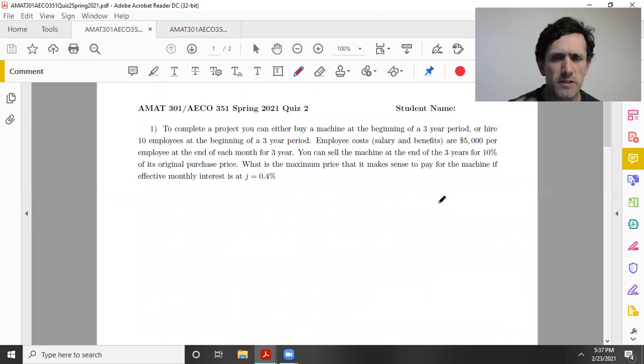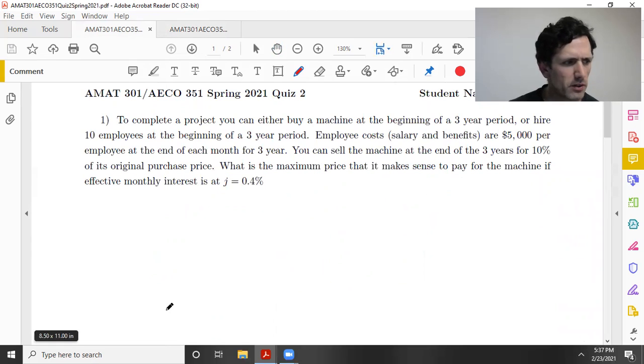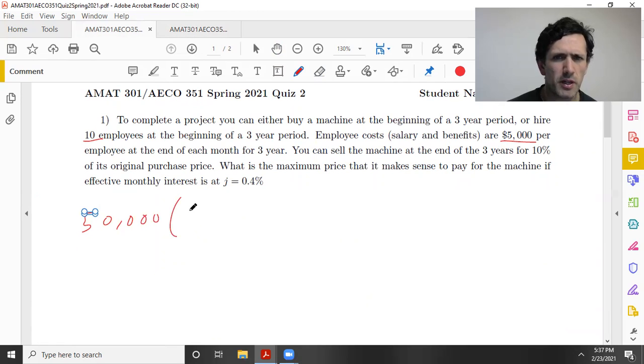So for the other version, basically the problem is the same. Numbers are a little different, so I'll just go through this more quickly. So here it would be 50,000, 10 times 5,000. So I'll do the employees first. Sorry, 10 times 5,000 is 50,000. Same thing, but instead it's 0.04, so it's 1.004 to the 35, 1.004 to 34. Not going to draw the timeline because the timeline is basically the same,